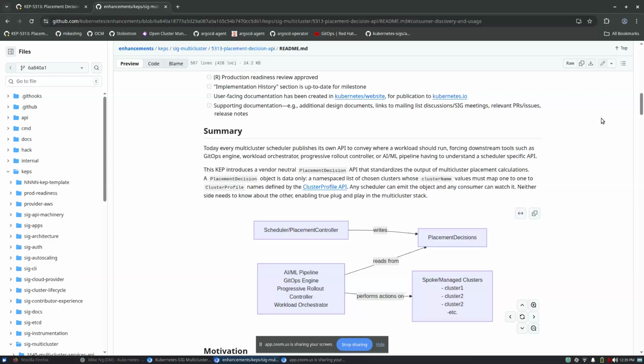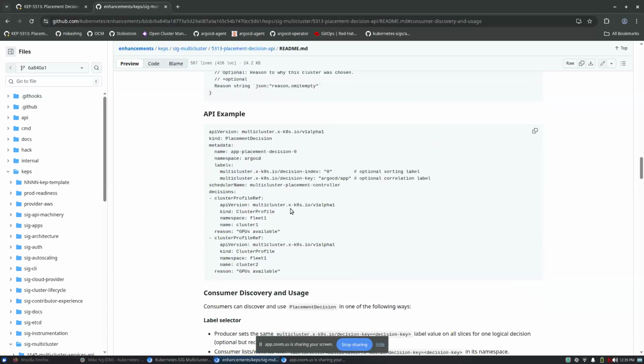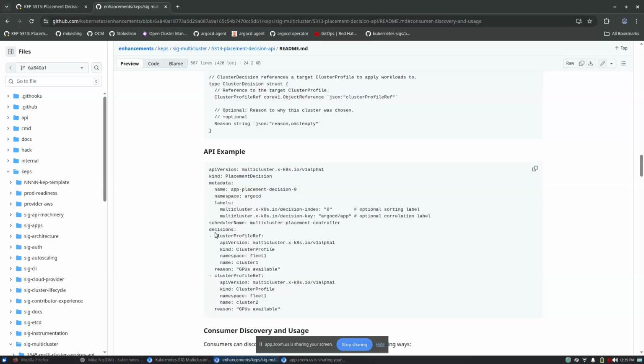So the decision only contains the output, essentially where the workload should be placed. In the decision itself, it has a list of cluster profiles, and that's basically it. Consumers are looking to place some workload somewhere, and they're watching this and reacting based on the decision.